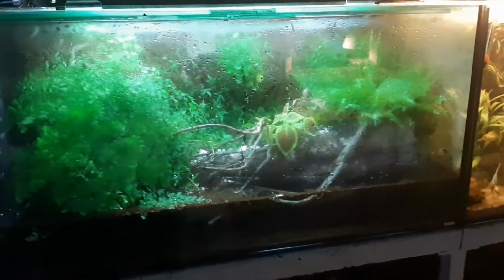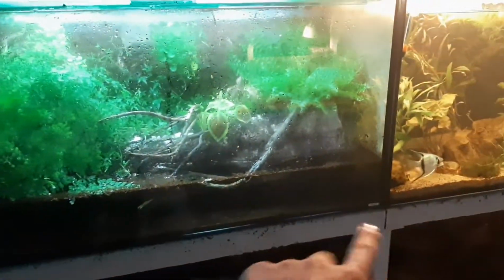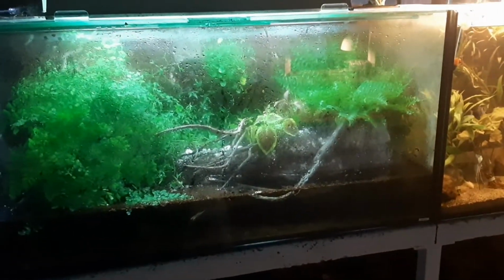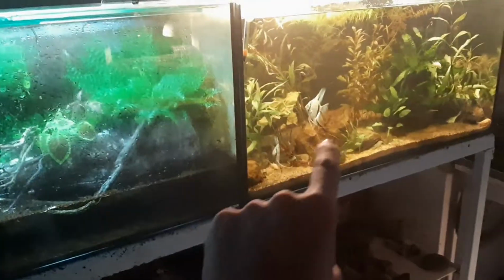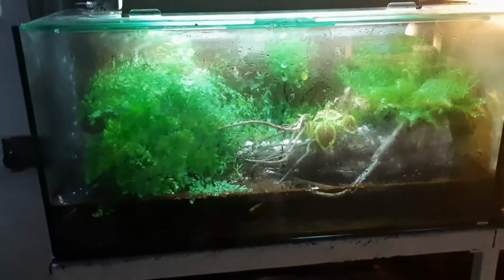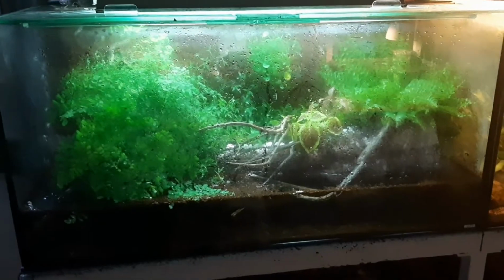Get the sand. I'm thinking I want to go for a white sand. It's all the dark substrate that's gone to the bottom. Show me what it would look like with the black sand. I don't want to do the exact same sand as the one next to it, so I don't want all the tanks to look the same. So I wanted to go with the white or black sand, and black sand is too dark because the rest of it's quite dark, so I wanted to go with a nice white sand,